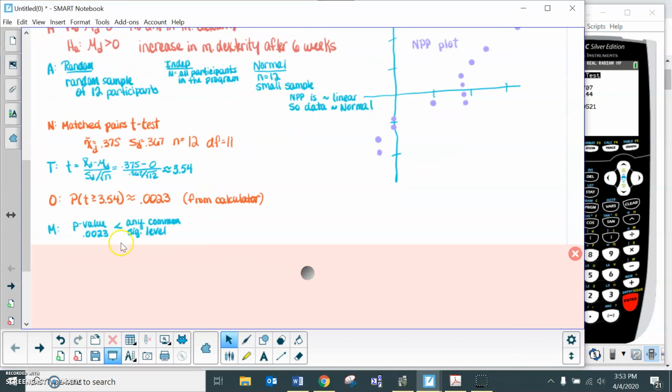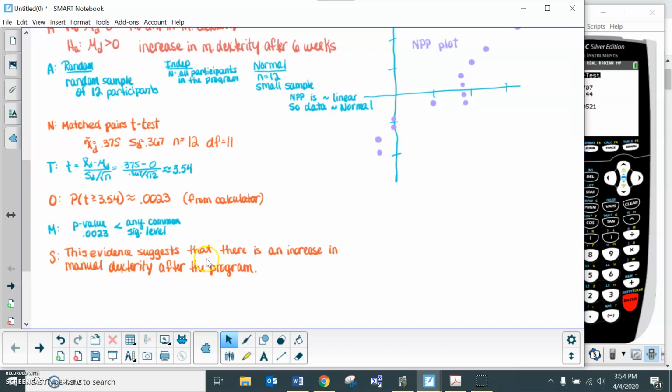So here I'm going to say that my p-value of 0.0023 is smaller than any common significance level. There was no significance level mentioned in this problem, so I could use any significance level I want, and anything that I would choose within reason would be bigger than 0.0023. So I continue on and I interpret that. This evidence suggests that there is an increase in manual dexterity after this program. That's a great little problem for you to take a look at. I wanted to demonstrate the calculator. I wanted to demonstrate the NPP and try to clear up some